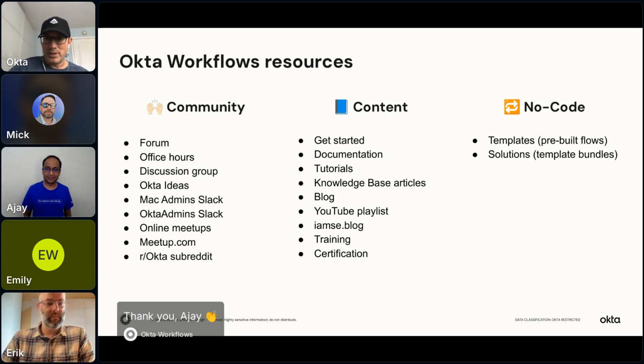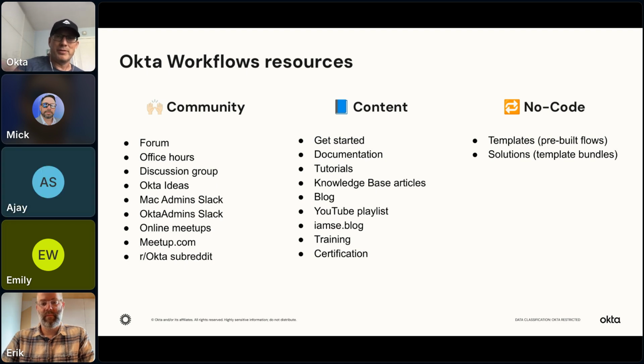I am showing one slide with all the workflow resources, and I know that we mentioned most of these resources, but I wanted to have one slide with all of them. There is a link at the bottom of your screen, a green button, Okta Workflows Community Resources. That link will take you to a page where all these resources are, with links, so you can click and go to them.